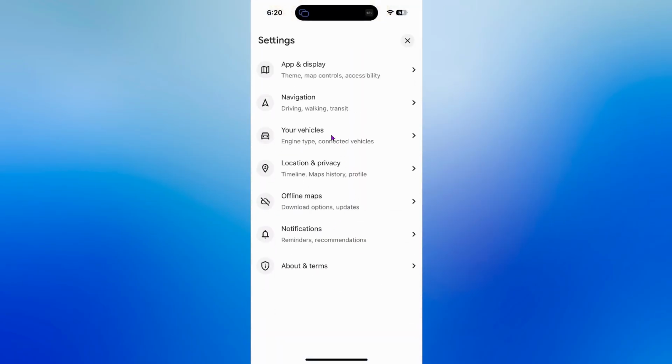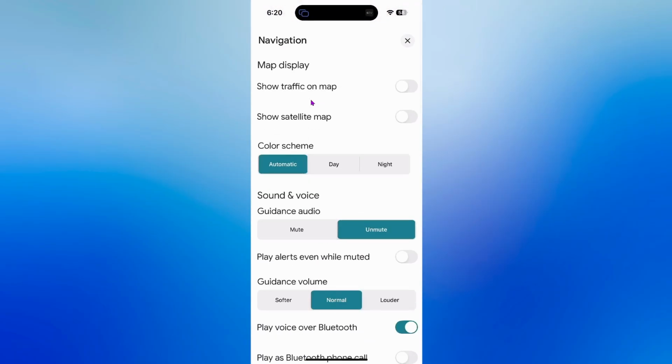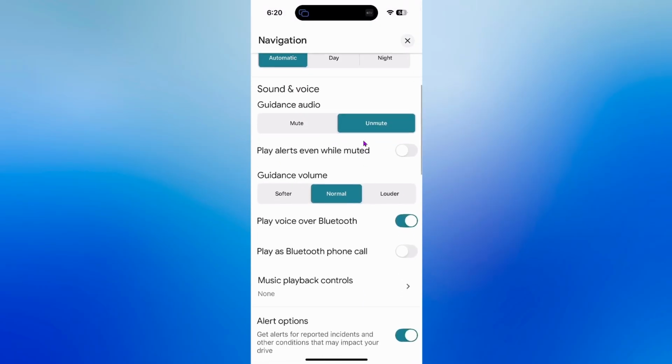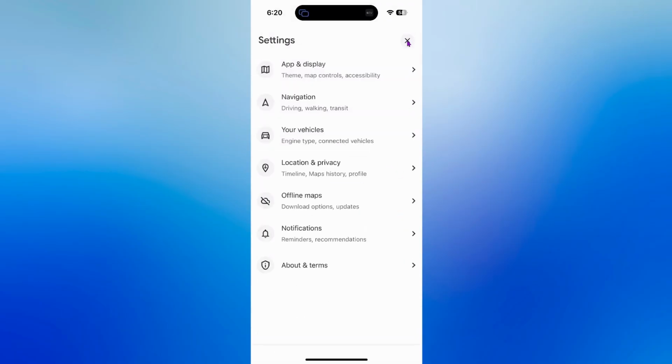Here you can adjust sound options like mute, alerts only, or unmuted, as well as change the volume from softer to normal or louder. Now, if you want to change the actual voice language, go back to Settings and look